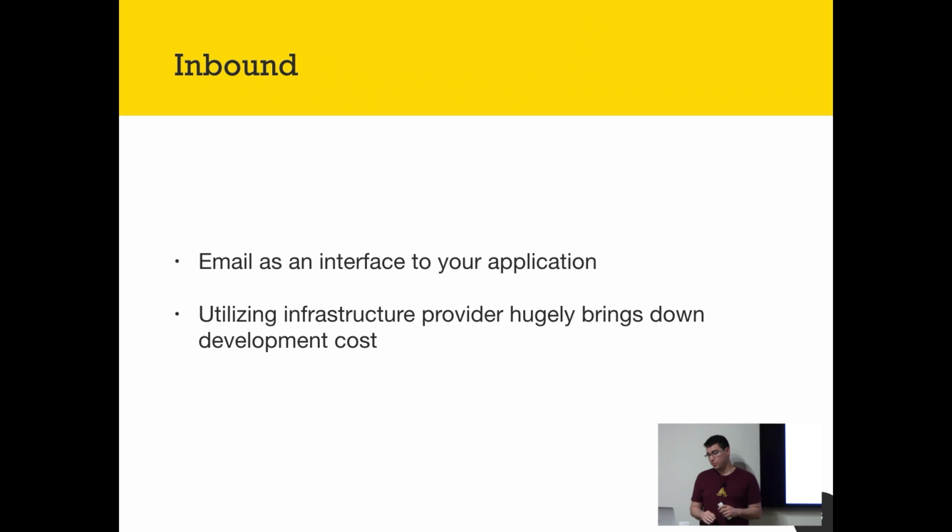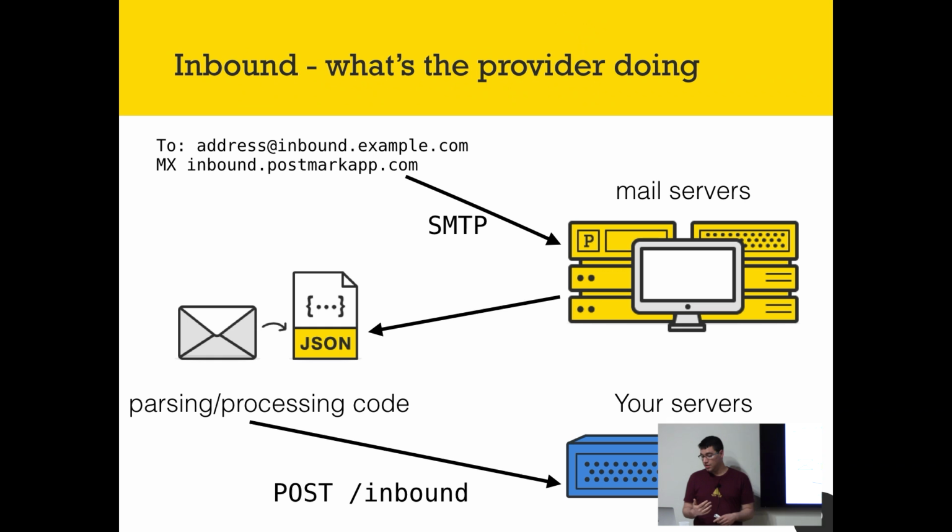So you can provide an interface to your application that different types of users can use. What most people do is set up a subdomain, and the MX records point to us, to Postmark. We run the mail servers, we process the email as it comes in,